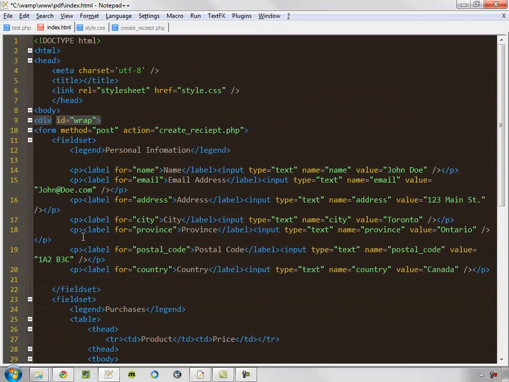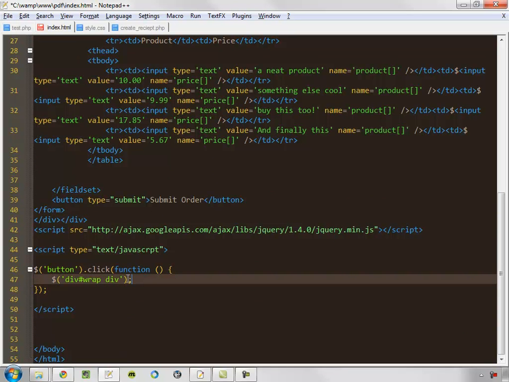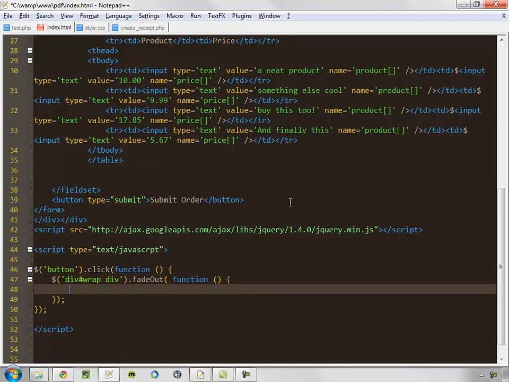Now that's not going to work because our div wrap is what's giving our page width. So I'm just going to put another div right within that div, so we can get that div and work with that. So now everything's been double wrapped, and we'll just say fade out. That way we're still going to have the correct page width, and we'll set a callback here on the